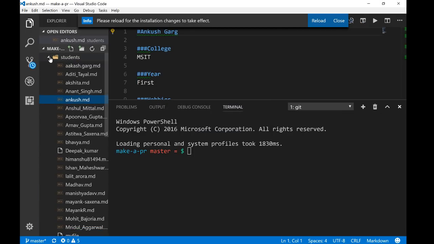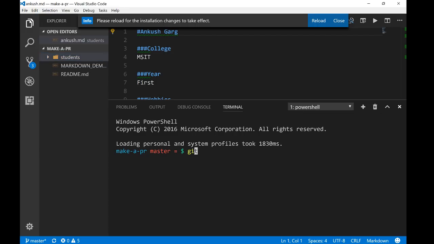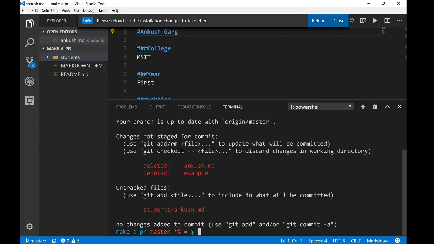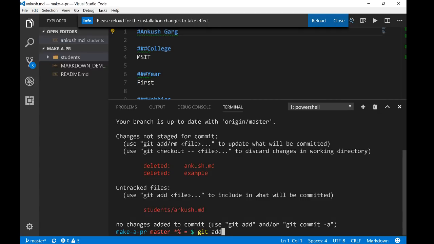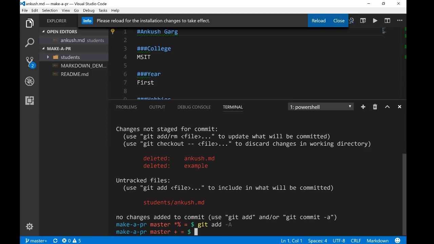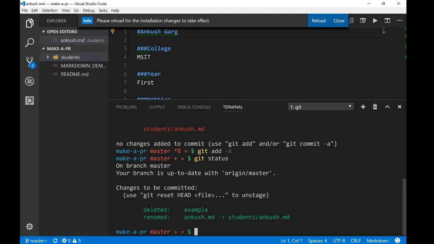Cool. Now let me see what does git status say now. Git status says that ankush.md was deleted, example was deleted, student slash ankush.md was added. Okay. So let me do git add. And if I want to add all files in my directory, I can use git add hyphen capital A. Git add hyphen capital A adds all files in this current directory. There we go. Okay. Git status. Now